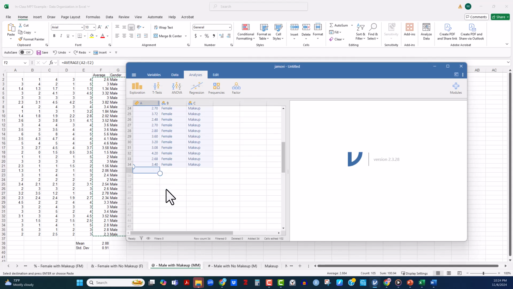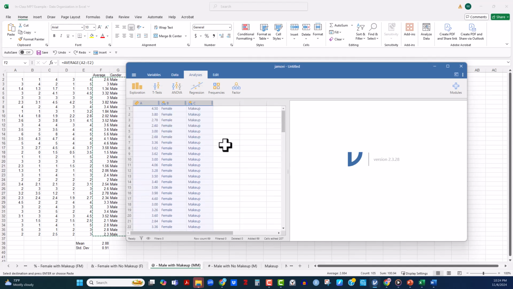Paste. Good. So now that it's in this Jamovi folder, which by the way, is not the analysis just yet. This is just for me to remove that formula stuff so that now I can copy and paste it again and put it all back in